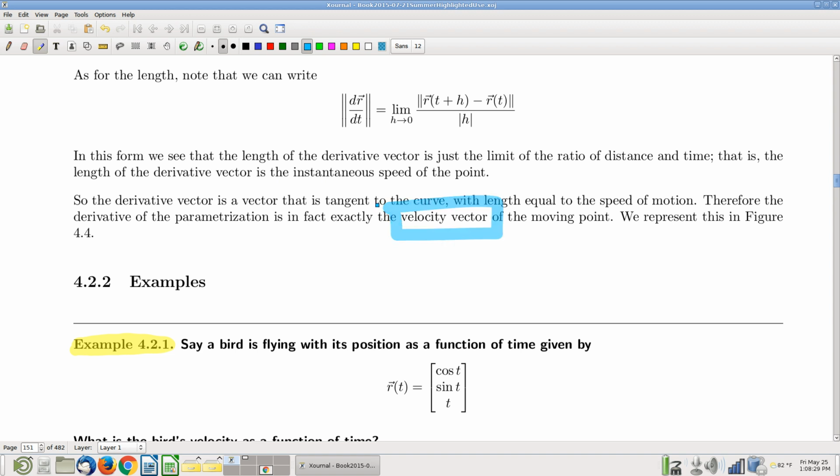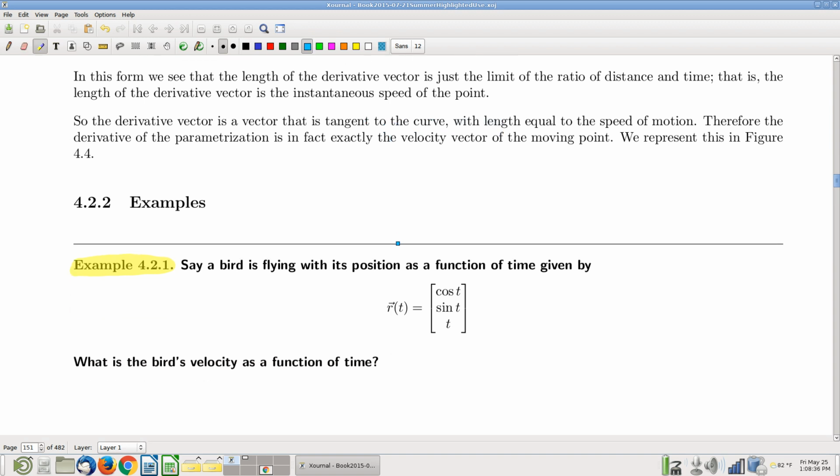Derivatives of parametric curves are velocity vectors. Is everybody happy with that? Okay, so